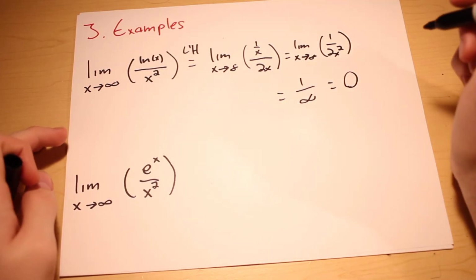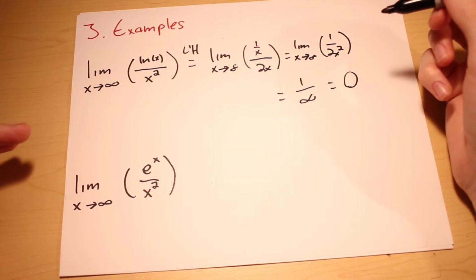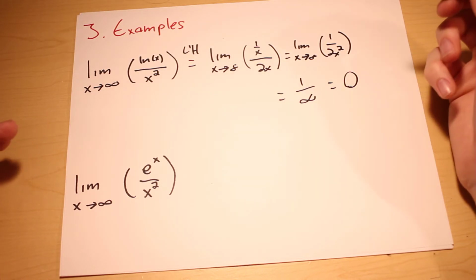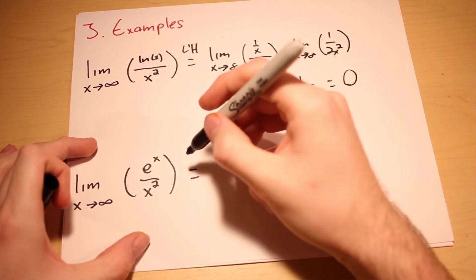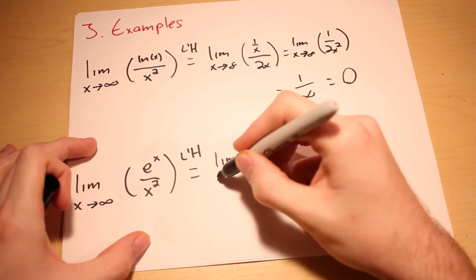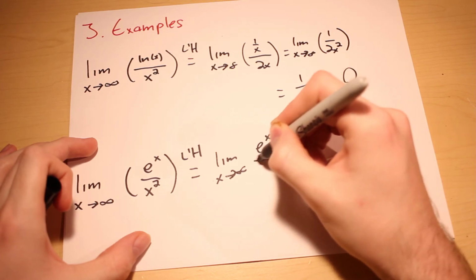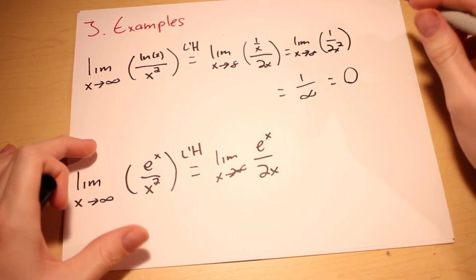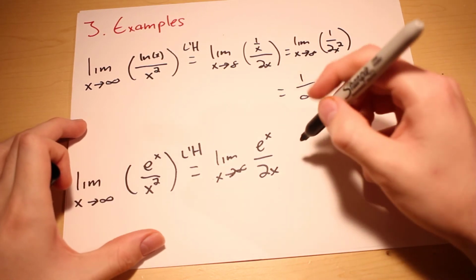Now for this next limit, what we're going to want to do is also use L'Hopital's rule, because we would once again receive infinity over infinity if we were simply to plug in for the limit. So let's go ahead and do that. We're going to plug this in and we're going to receive e to the x over 2x. And actually we're not done yet, because once again this would return us infinity over infinity,